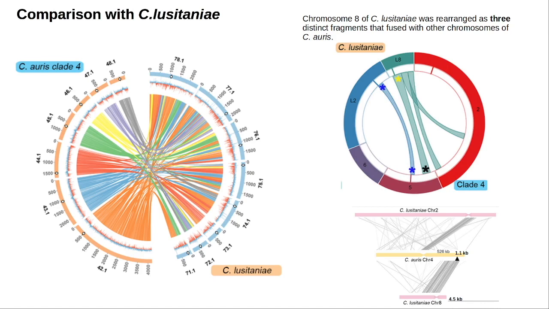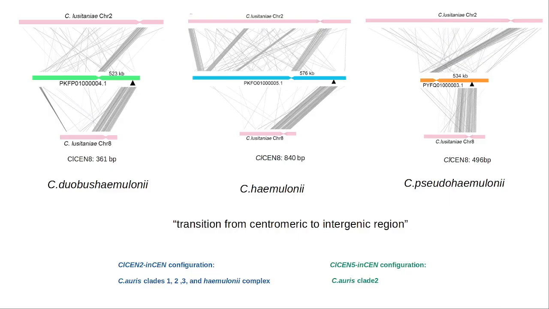Though gene synteny near both the centromeres is maintained, the sequence length of centromeres, which is typically 4.8 kb in lucernea, had come down to about 1.1 kb for the mapped centromere 8 sequence in auris. Though the same pattern of reduced length in centromere 8 of lucernea was observed in Candida haemulonii, Candida duobushaemulonii, and Candida pseudohaemulonii, the surviving inactive centromere length showed variations. Thus, chromosomal rearrangements placed regions syntenic to lucernea centromere 2 and lucernea centromere 8 on the same chromosome in the haemulonii complex species, as well as in Candida auris clades 1, 3, and 4. This inactivation of centromere illustrates a clear example of evolution in progress.